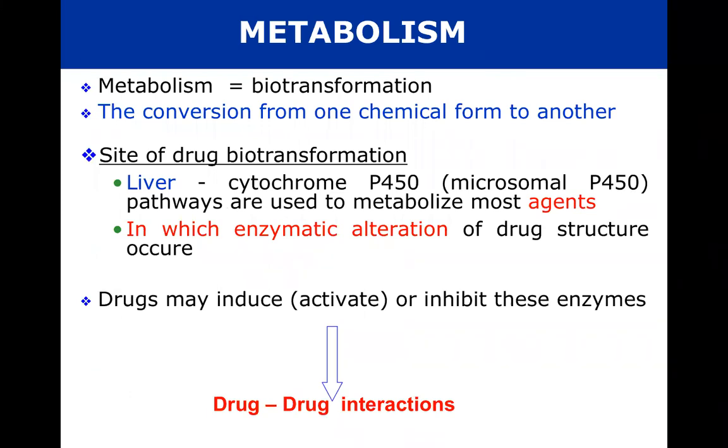Now we are reaching the third part of pharmacokinetics, which is the metabolism. And metabolism is also called biotransformation, and means the conversion from one chemical form to another. The site of drug biotransformation is the liver, and in the liver there is what is called cytochrome P450, which is known as microsomal P450. Pathways are used to metabolize most of medications, in the liver, in which enzymatic alteration of the drug structure